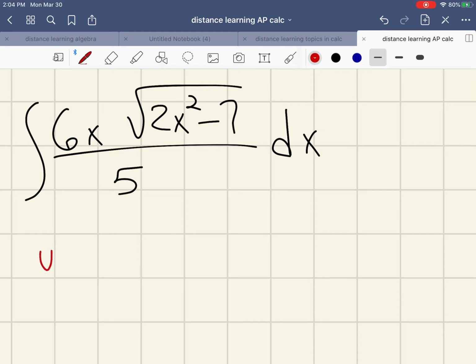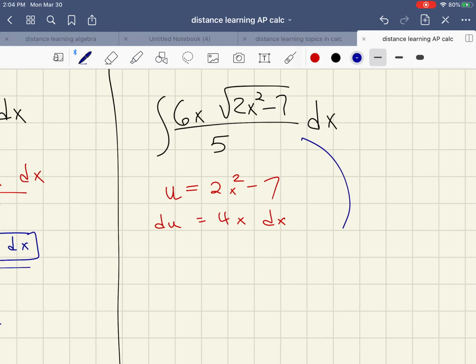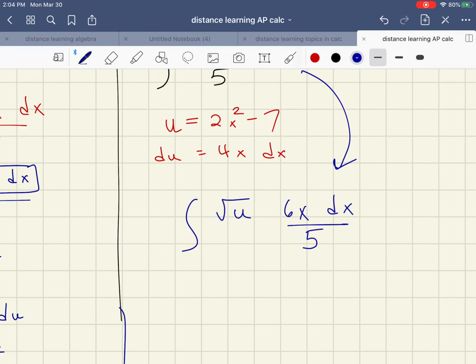Another one. Again, I think it's somewhat obvious that we take the most complicated chunk there, that's the square root, take what's inside and call it u. Take the derivative. Rewrite the original problem. I have the square root of u, and I have the rest, 6x dx all over 5. I need to make this look like this. Well, let's take out the 6/5, right? U to the half,